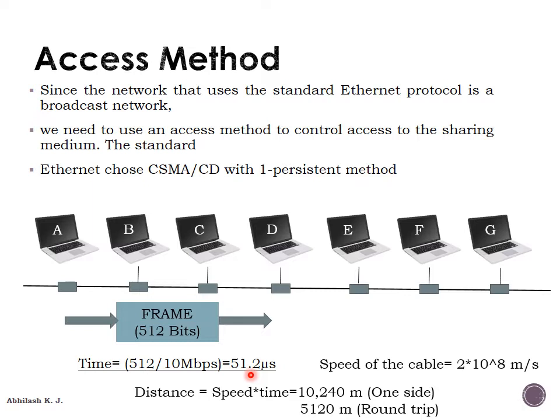Now consider the second case, when a collision occurs before the completion of sending 512 bits. That clearly means one of the bits from station A has collided with some bits of the other stations. In this situation, according to the principle of CSMA/CD, both stations have to abort their transmission and store the frame in their buffers for resending whenever the line becomes idle again. To inform other stations regarding the collision, each of the stations will send a 48-bit jam signal.